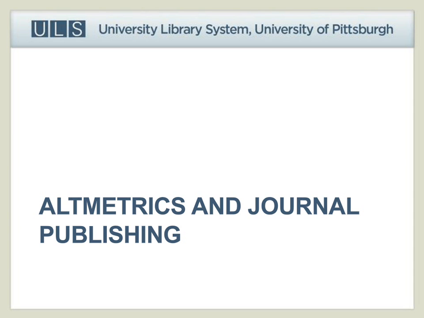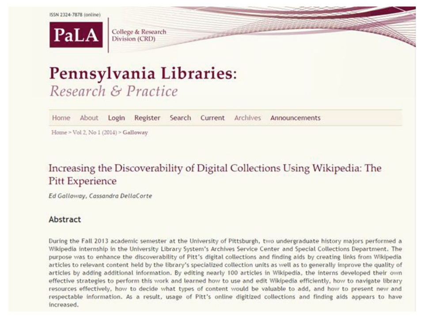So many of our journals are small, niche publications with a small readership, and many of them are quite new. We're working very hard to build up their visibility and discoverability, but it takes time to achieve high citation rates. So we find it extremely beneficial to have a broader range of metrics to draw on. Here's an example from the journal Pennsylvania Libraries Research and Practice.